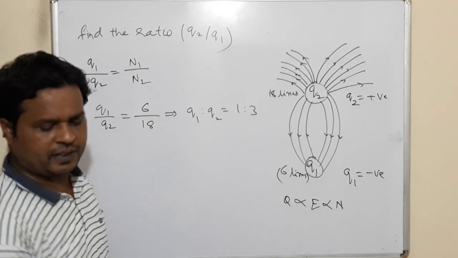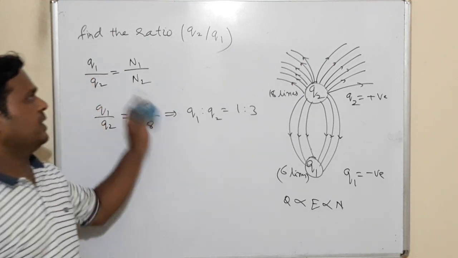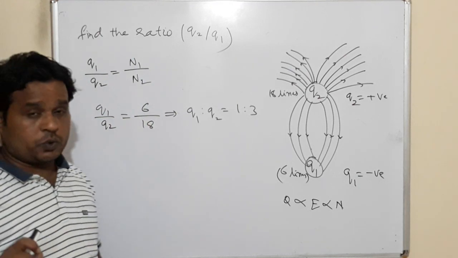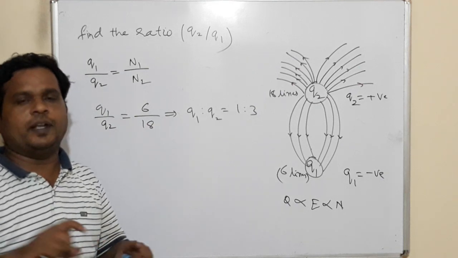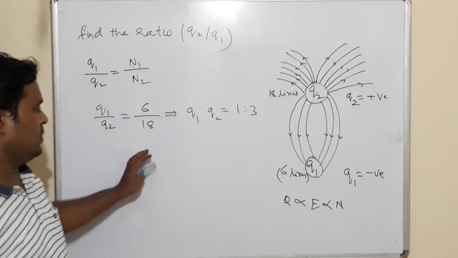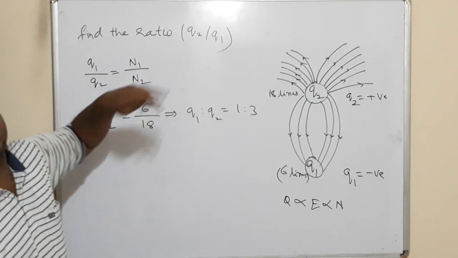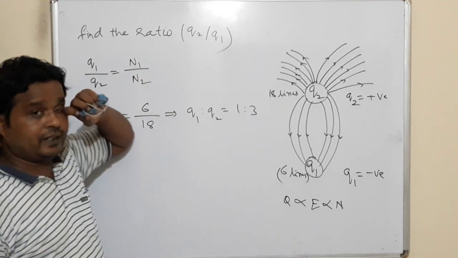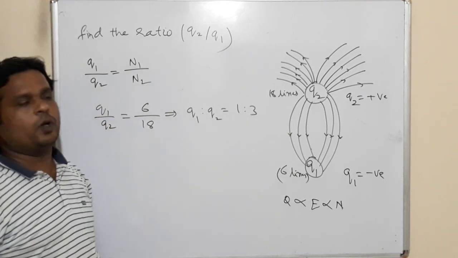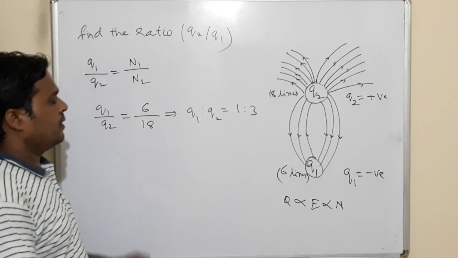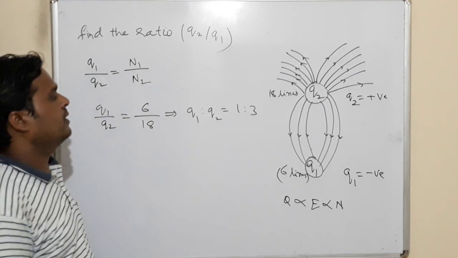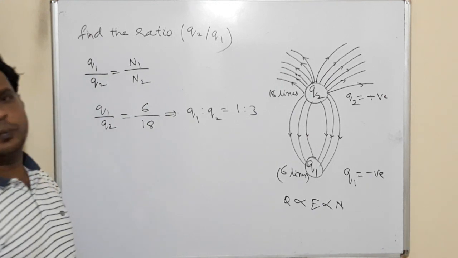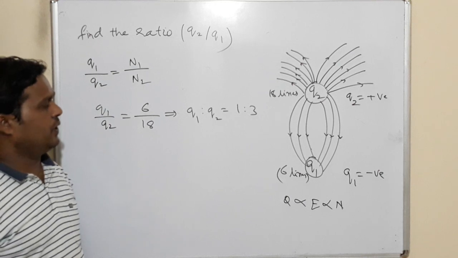These are some properties of electric lines of force and some examples based on electric field lines. Electric field lines are also used to represent uniform and non-uniform electric fields. If they are equidistant parallel lines, as I explained in between, the electric field is uniform, and if they are not equidistant, the field will be non-uniform. Okay. These properties of electric field lines and the representation of uniform and non-uniform electric fields will be very useful in the next videos that we learn.